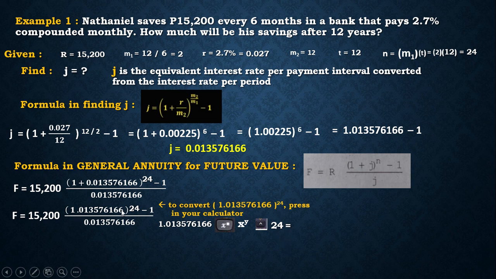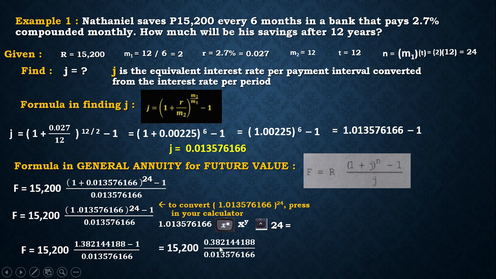So, para ma-convert ito po ang inyong pipindutin. Isa lang po dito. And then we come up with, pag kinonvert po ito po ang lumabas. 1.382144188. Ang next step po natin, subtract po natin yung 1 doon sa 1.382144188. Wala pong gagalawin dito at dito. And it becomes